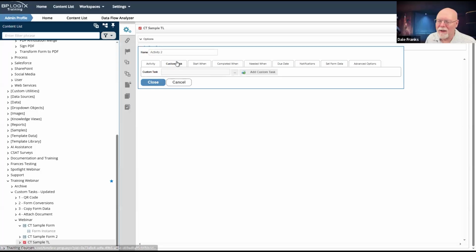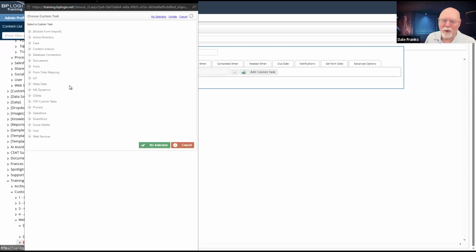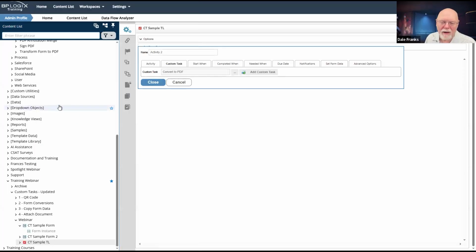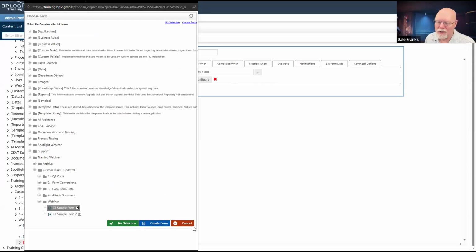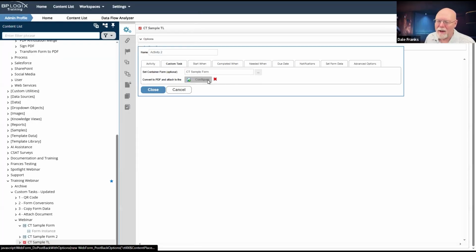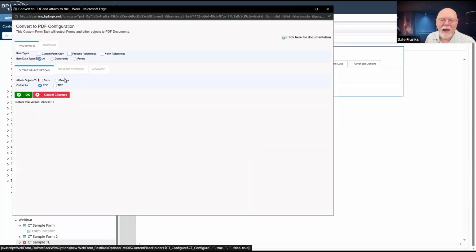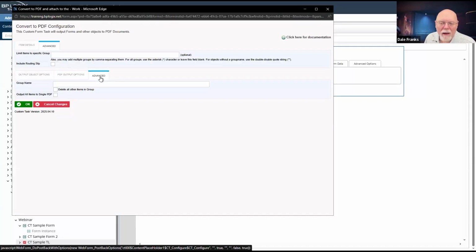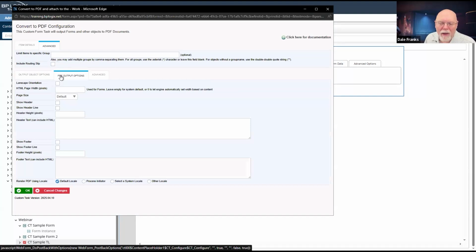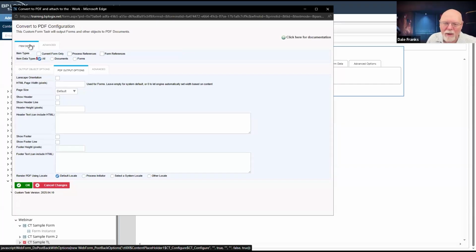So let me give you a little trick here if I can pull this off. PDF custom tasks, convert to PDF, add to custom task, sample form is still our CT. I don't have to reset that. We can go to the convert to PDF and, I thought there was an option, and I haven't used it for a while, but I thought there was an option to make this happen asynchronously.